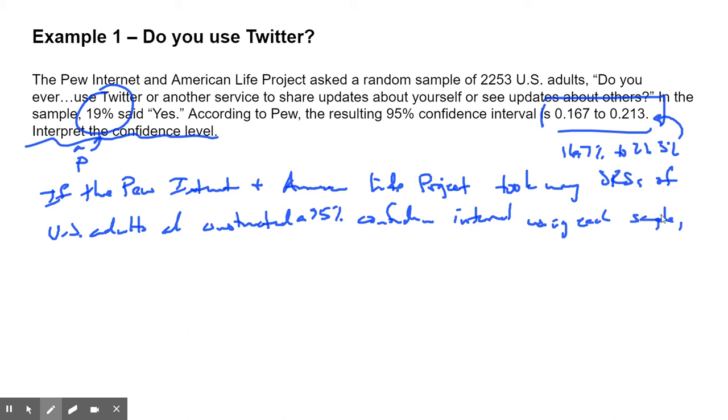Okay, so again, if we took many SRSs, we found many samples, and we found many sample proportion values, right? Many p-hats. And we used each p-hat value to build a 95% confidence interval, then we would suggest that about 95% of the intervals